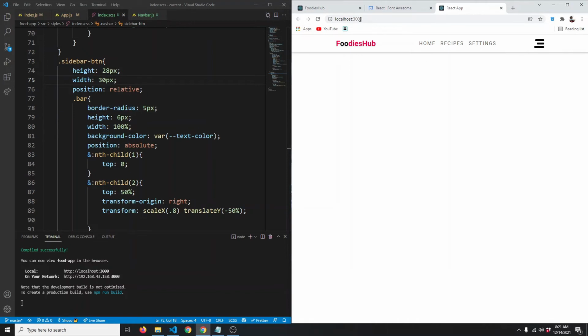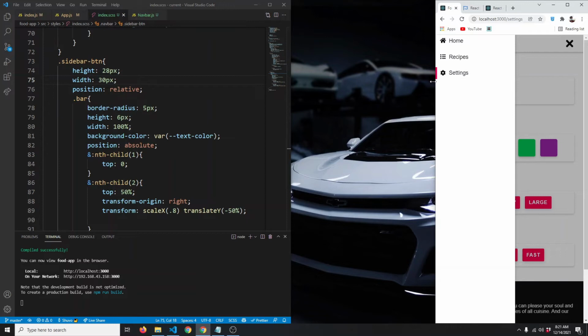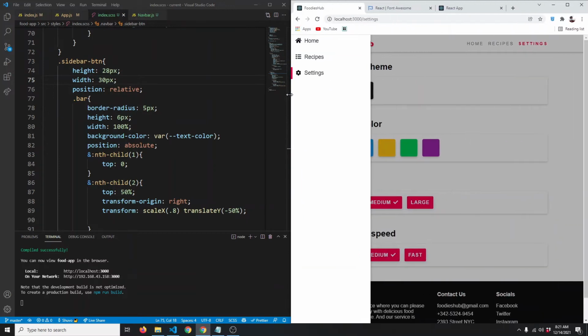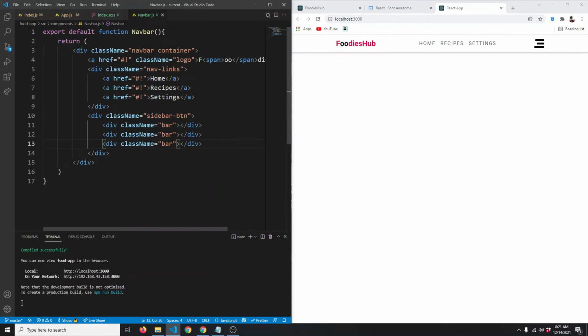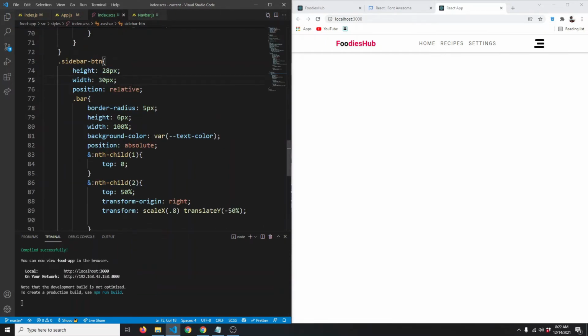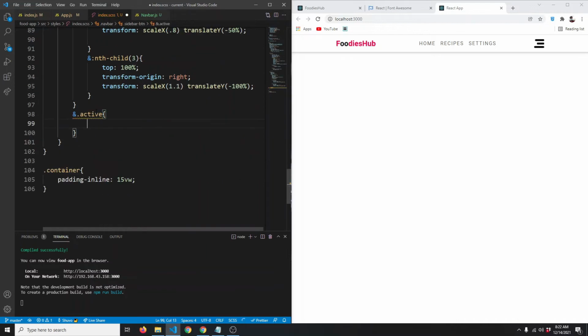And then what we want to do is, when this has a class list of active, I want to make it cross like so. Let's see how we can do that. For now, let's just statically say our sidebar will also have a class list of active. Later on, we'll be adding it using JavaScript in React. So let's say dot active. So when our sidebar has a class list of active,